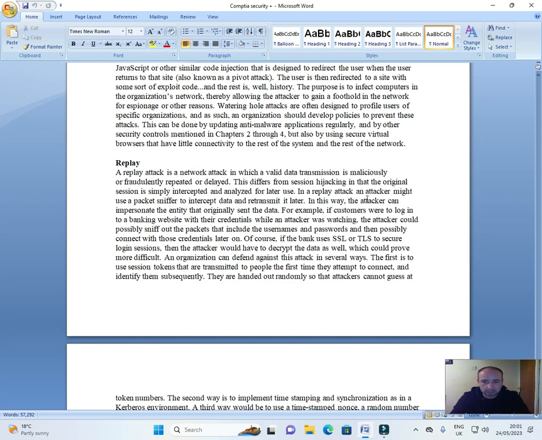In a replay attack, an attacker might use a packet sniffer or intercept data and retransmit it later. In this way, the attacker can impersonate the entity that originally sent the data. For example, if customers were to log in to a banking website with their credentials while an attacker was watching, the attacker could possibly sniff out the packets that include the usernames and passwords and then possibly connect with those